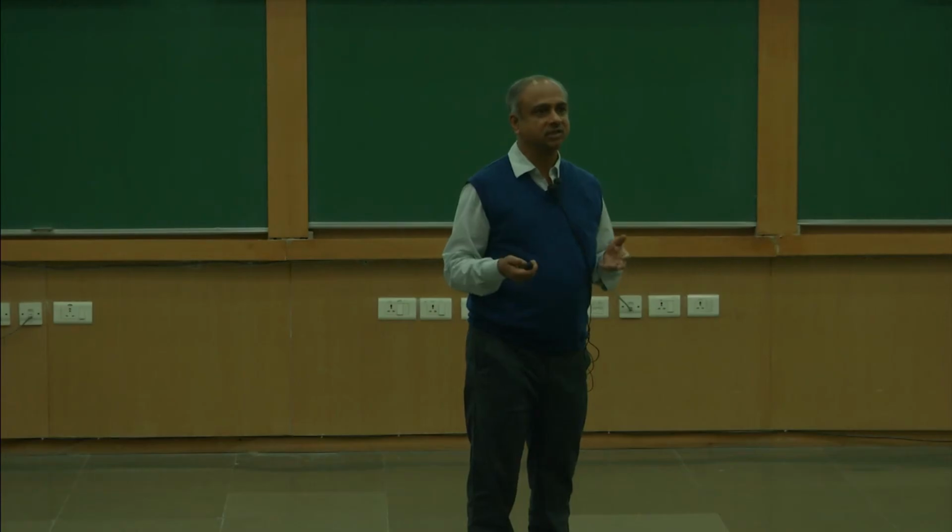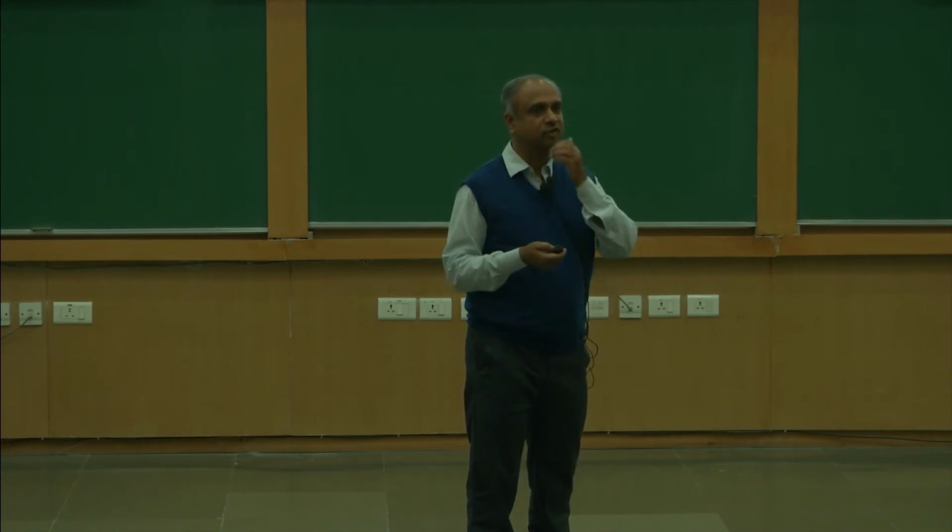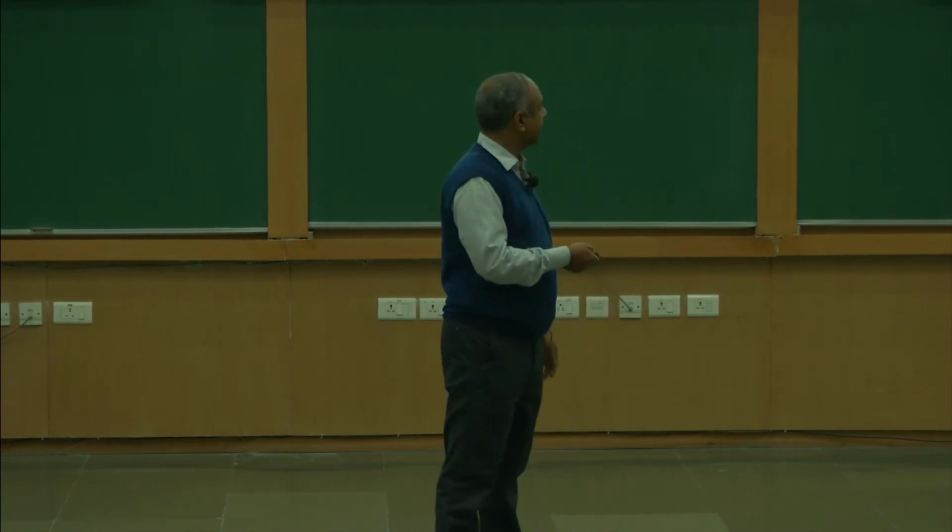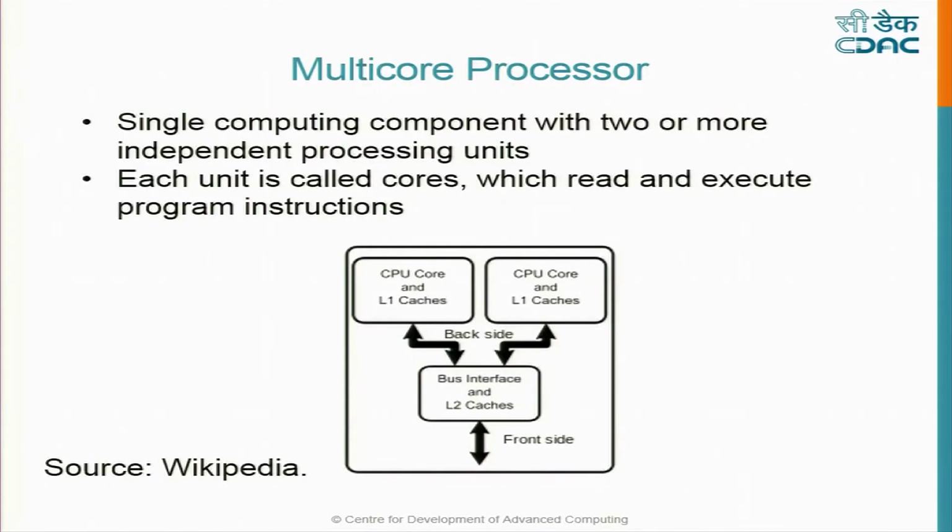Because of the number of transistors you can pack, you are getting billions of transistors now available. So now the architecture is like this: you have multiple cores, each with a linked L1 cache. This is a private cache, linked to this core, and this cache is linked to this core, whereas you have a common L2 cache. In this example, in the latest processor, you have private L1 and L2 caches and a shared L3 cache. So this is one example which tells that data required local to this core resides here, data to be shared resides here, and the main memory is here.